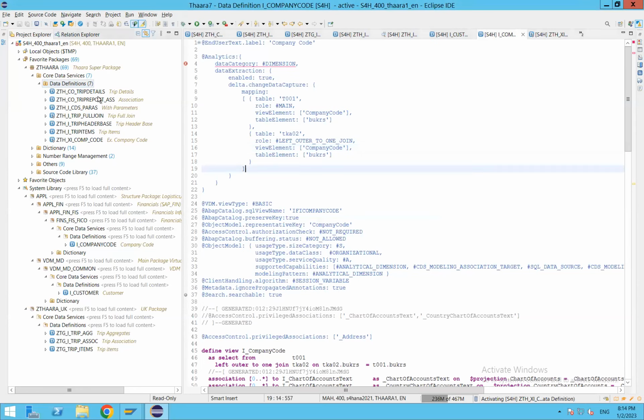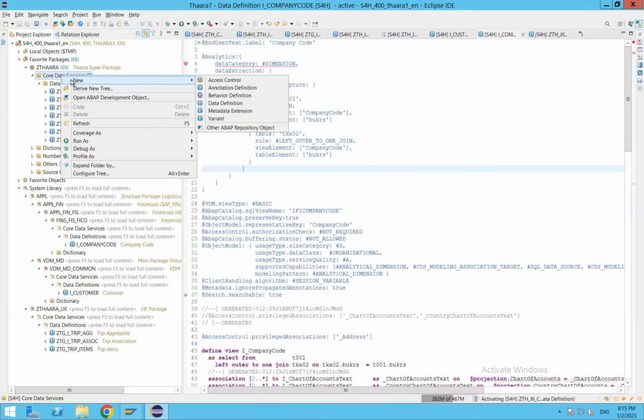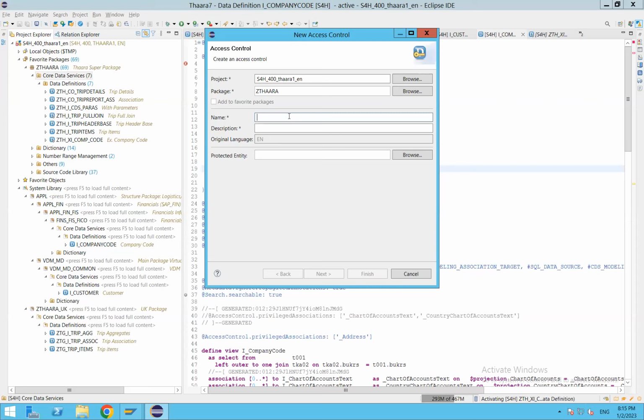I'm just canceling it. I'm just going back to core data services and right click here and new. And here I get all the options, different types of core data services. This access control is not a type of CDS view. It's a type of core data services. I select access control and go here, and